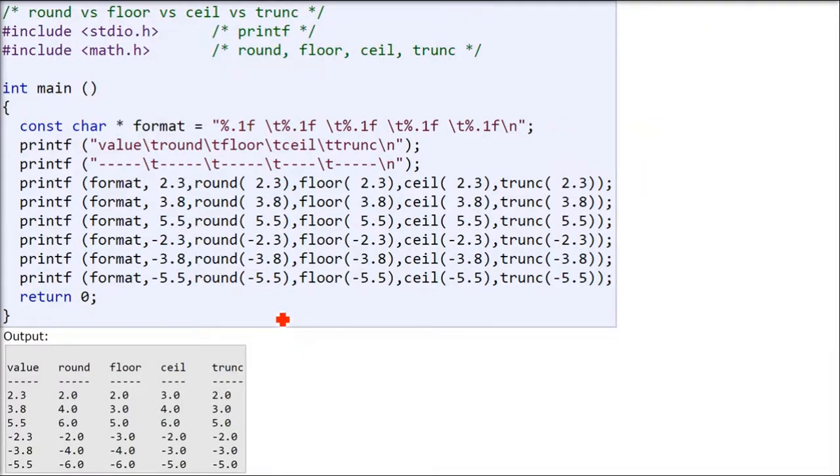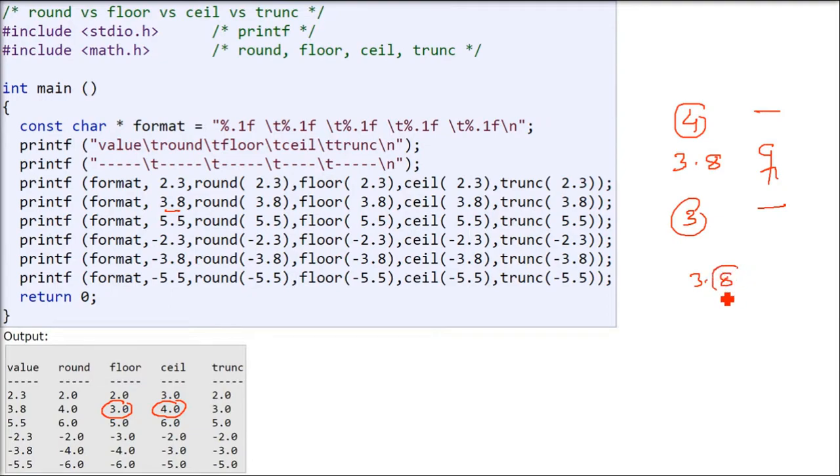Whenever we use this round function, there are other related functions also, like floor, ceil, and truncate. All of them have a similar kind of usage. Let us take an example of 3.8. The above is 4 and the below is 3. So what is the floor? If you are standing on a floor, the ceiling is above you. So floor will give you the lower value, 3. Say we are taking the example 3.8, so floor will be 3. What is the ceiling? The above one, that is 4. Ceiling will take the above number.